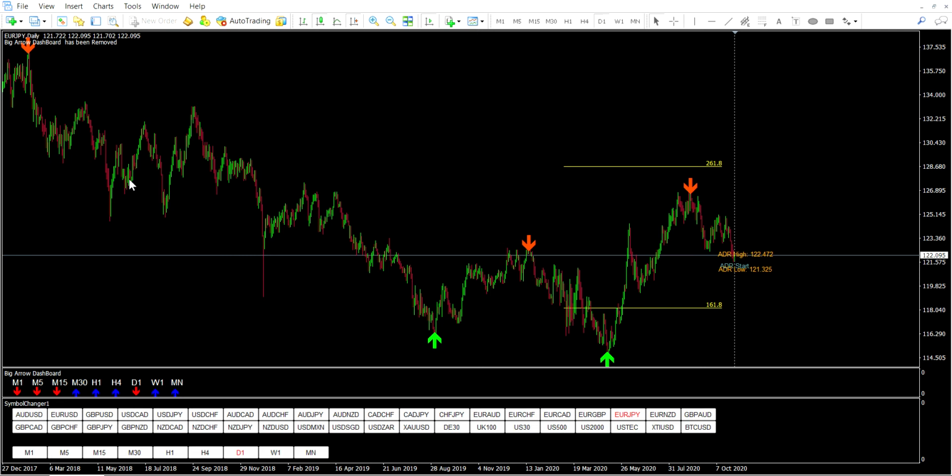I'm going to show you on this video how I quickly analyze the charts. So I've put the indicators on. I've got my big arrows on the main chart. I've got my big arrow dashboard, which is showing me the different time frames, and I've got the symbol changer,